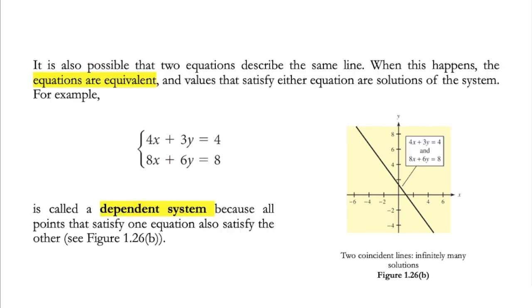Now let's look at another example here. Okay, let's say we have these two lines in the system. This is number 1, this is number 2. So number 1 here and number 2. You look at number 2 here. If you can see 4x, 8x, 3y, 6y, 4 and 8, for each of them,